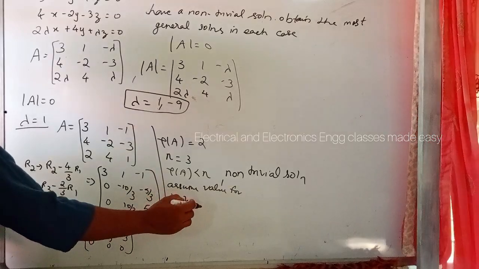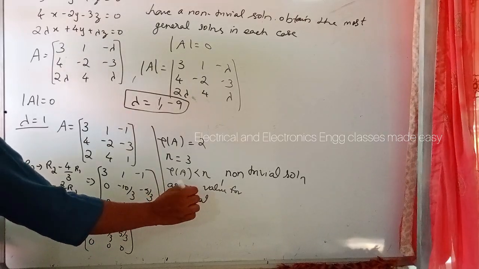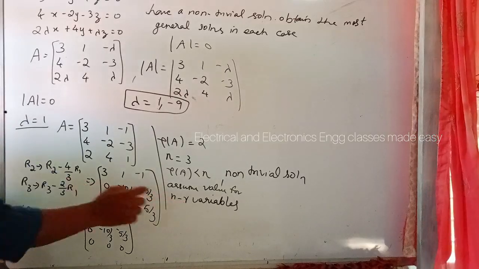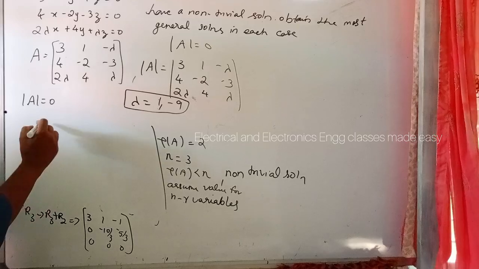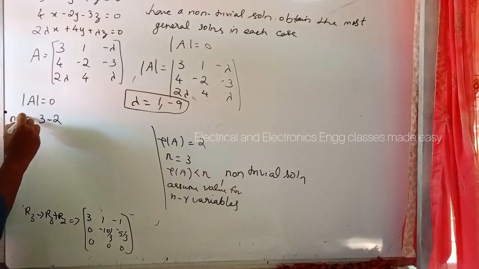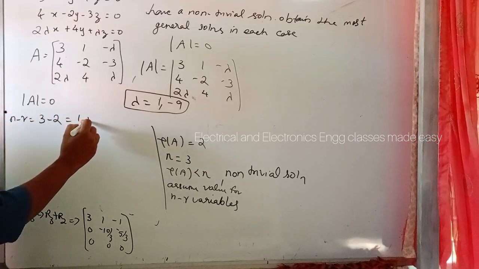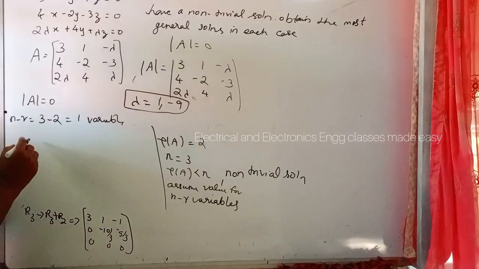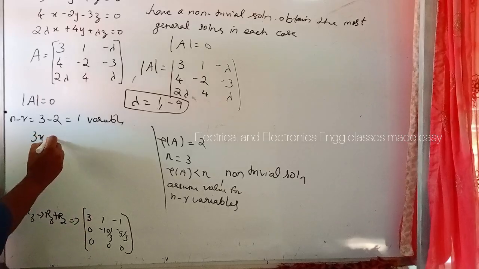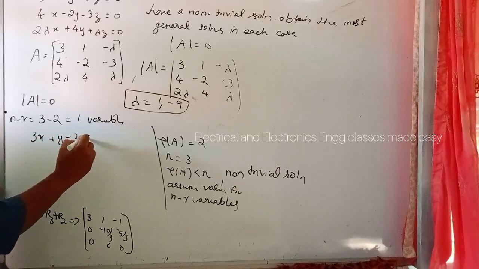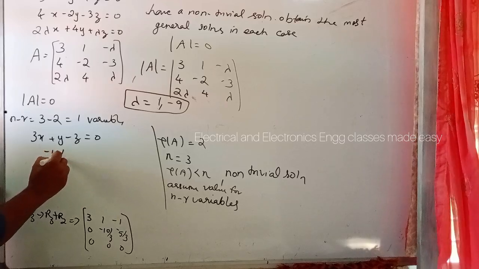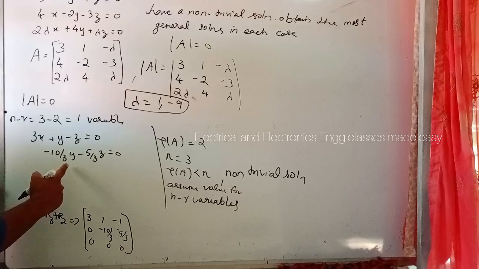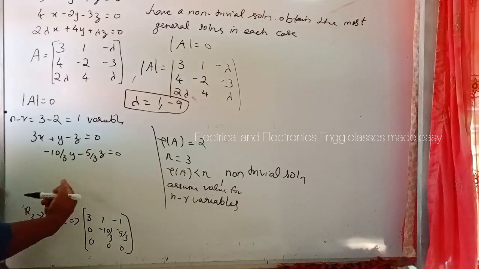Now here we have to assume values for n minus r variables. So n is 3 minus 2, that is n minus r equal to 1 variable we have to assume. So from the reduced matrix we can write 3x plus y minus z equal to 0, then minus 10 by 3y minus 5 by 3z equal to 0. So assume value for one variable, that is let